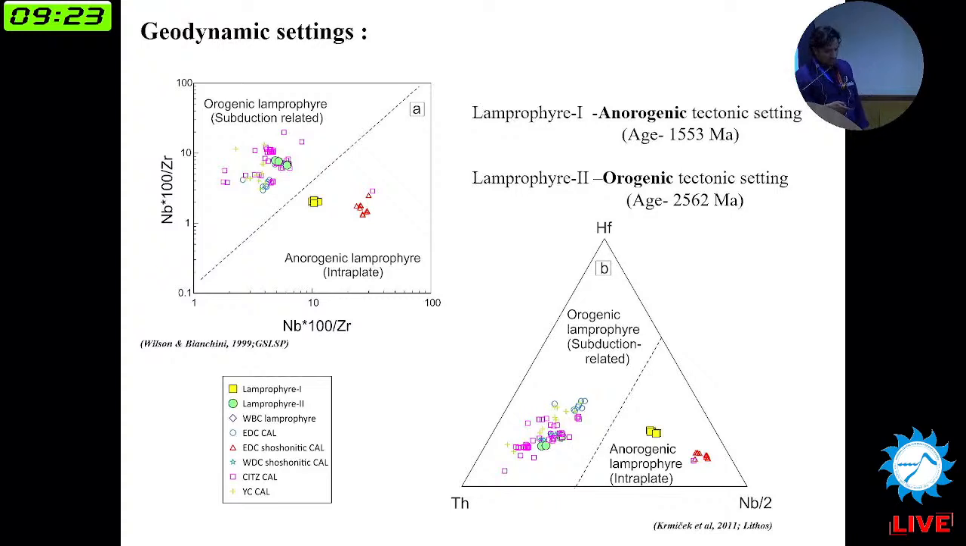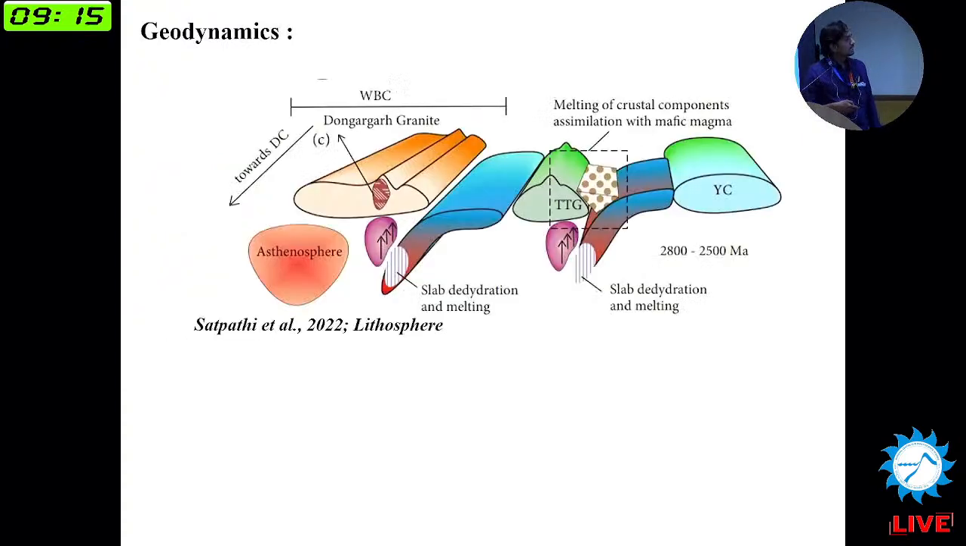So what are the possible geodynamics involved for the generation of two different types of lamprophyre from the same locality? This model is suggested by Satyanarayanan et al. in 2002, which suggested